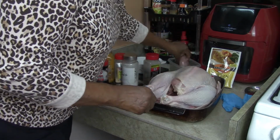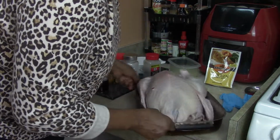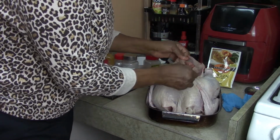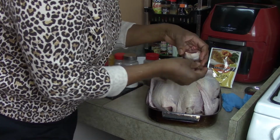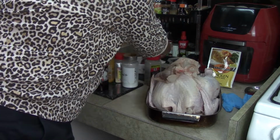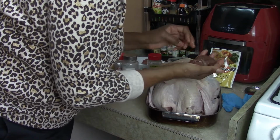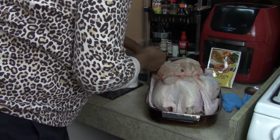All right. On this end, where the head was, is a bag, and this bag has a gizzard in it. Let me show you. Liver, gizzard, and the heart. You want to take that out. And this is the liver and the heart. Okay? All right, so now that we have all of that out,